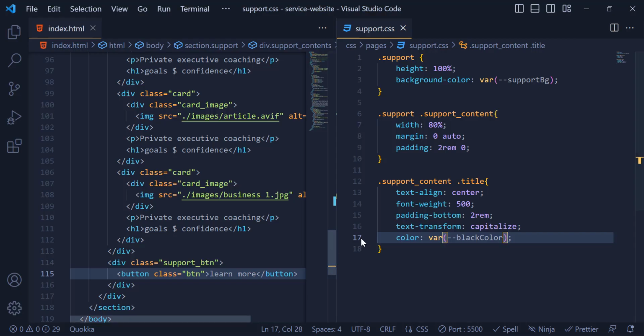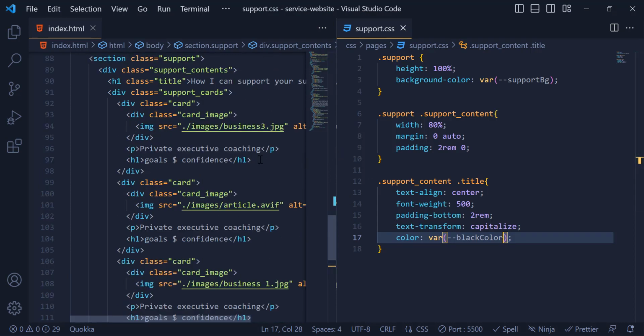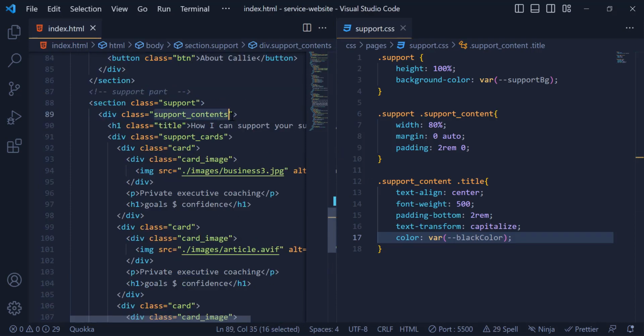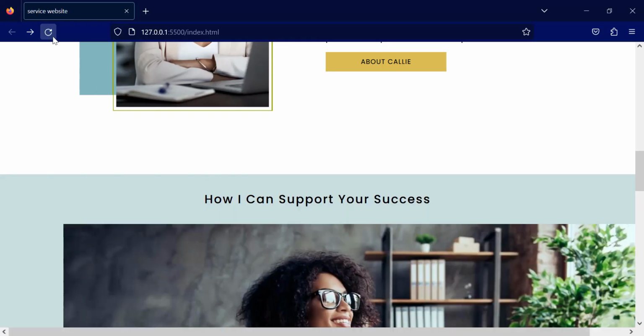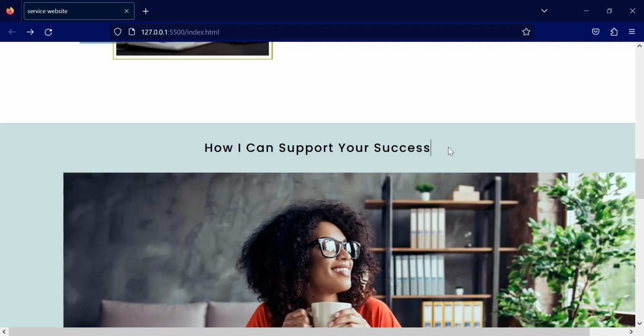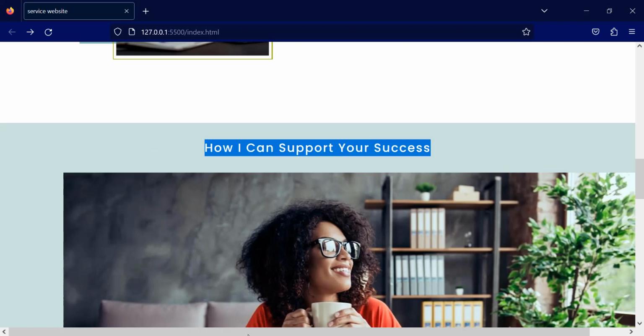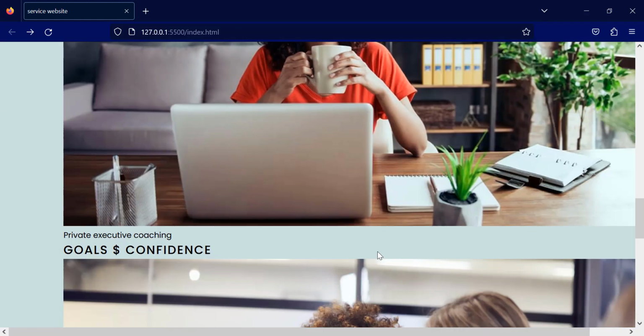Okay, here we have a problem. This is because this one is contents and I write content. Okay, now you can see that we have styled our text, so it's overflowing because we need to decrease the